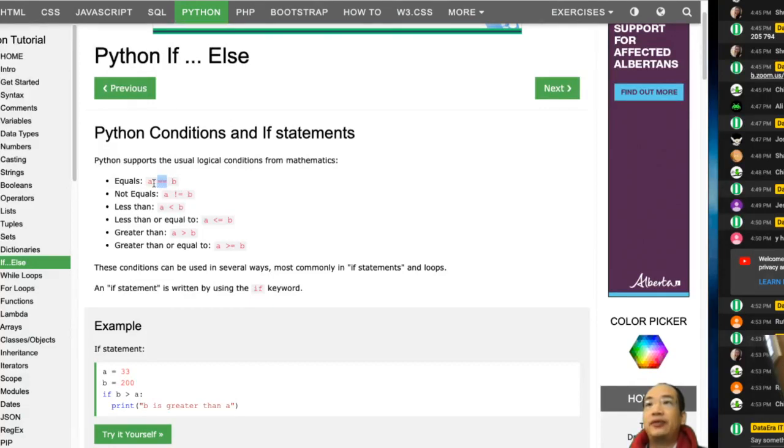Like if A equals B or B equals C, we use double equal. Okay, if it's not equal, you say if n is not equal to 3, so you use this one to